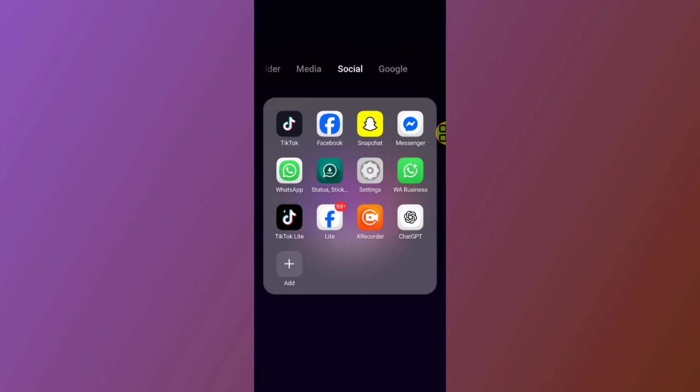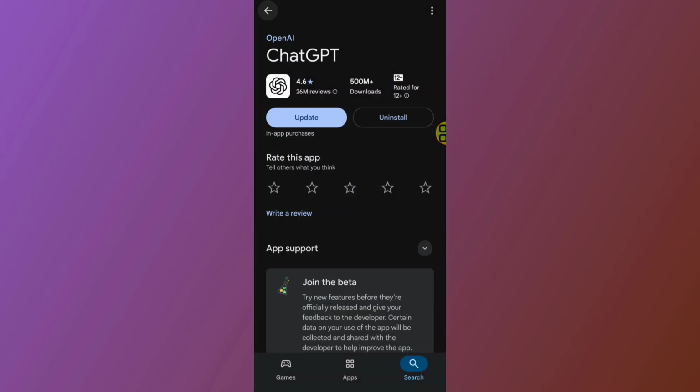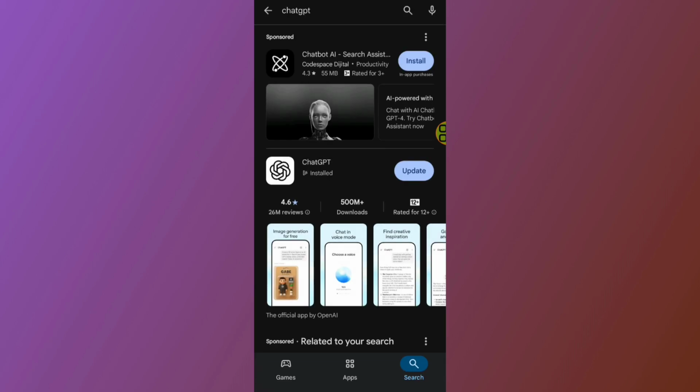The second method is now go to your Play Store. After you open your Play Store, go ahead and search for ChatGPT like this. After you search for ChatGPT, go ahead and update your ChatGPT. After you update the ChatGPT, and if still the problem has not been solved, all you have to do now,